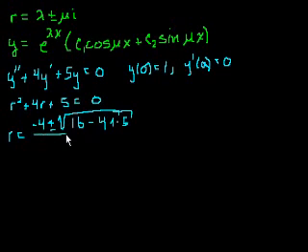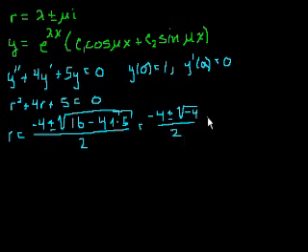All of that over 2 times a. A is 1, so all of that over 2. And see, this simplifies. This equals minus 4 plus or minus, see, 16, this is 20, right? 4 times 1 times 5 is 20. So 16 minus 20 is minus 4